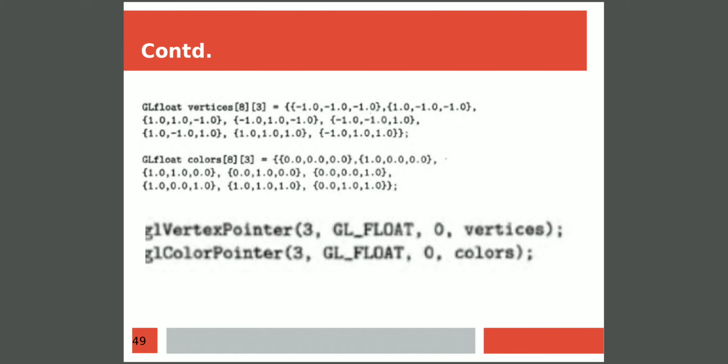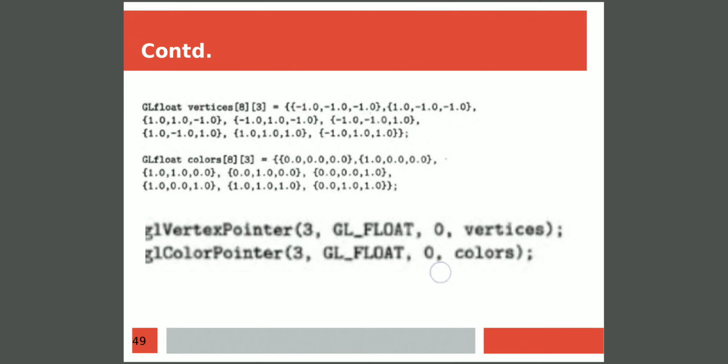First parameter specifies we are using totally 3 primitive colors to represent a color. Those are red, green and blue. That is the first parameter. Second parameter is we are representing each color as floating values. Third one is we need to consider all the colors starting from the 0th index in an array. Fourth one is the name of the array.